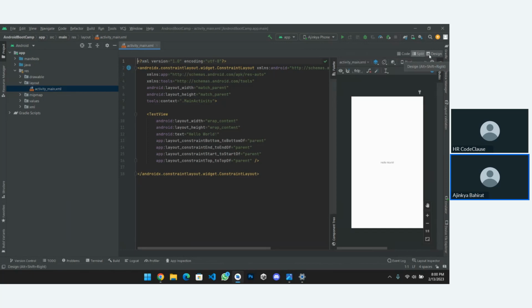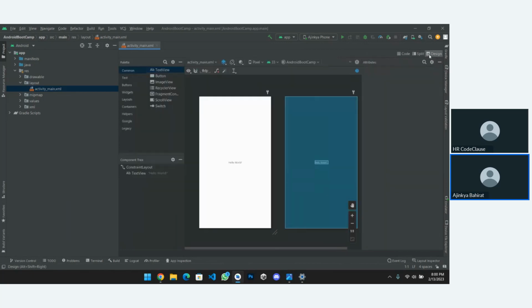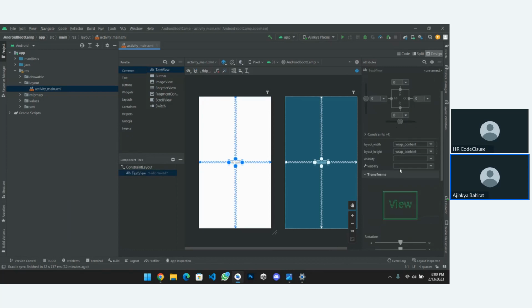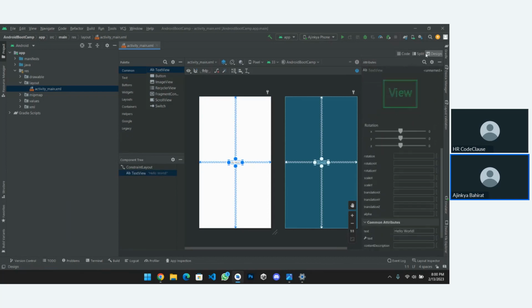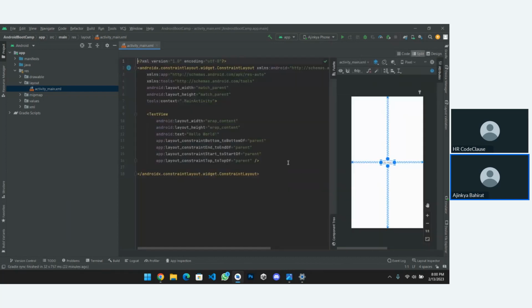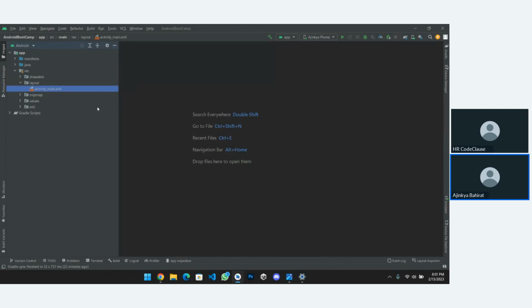And also, if you don't want to code, you can just go with drag and drop functionalities. Android Studio also supports drag and drop. You can drag simple objects into the field, and you can change the properties from here. So from tomorrow we are going to look into this. Currently we will close this file.